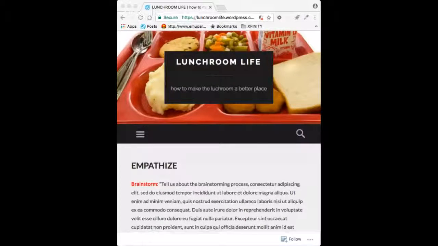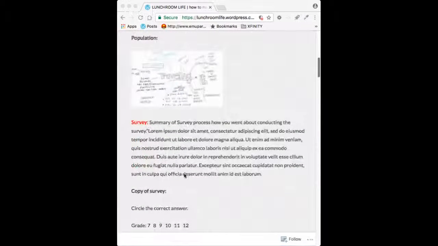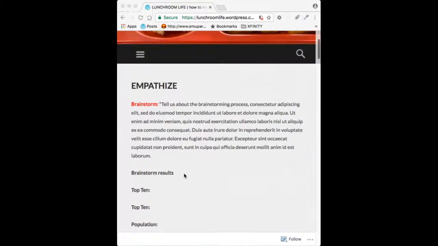Here you could see Lunchroom Life. In this example, students looked at the lunchroom and tried to figure out what was wrong with it. First, they empathized by brainstorming goods and bads about the lunchroom, working onto a survey where they collected data to see what people felt about the lunchroom. They followed it up with